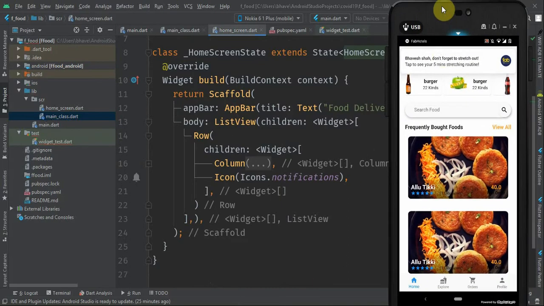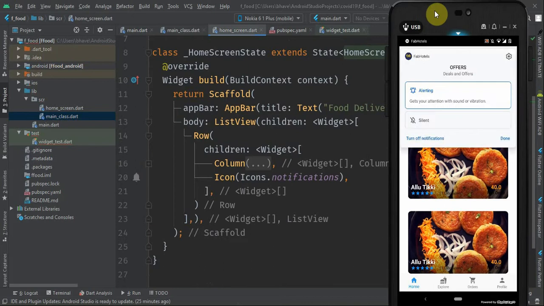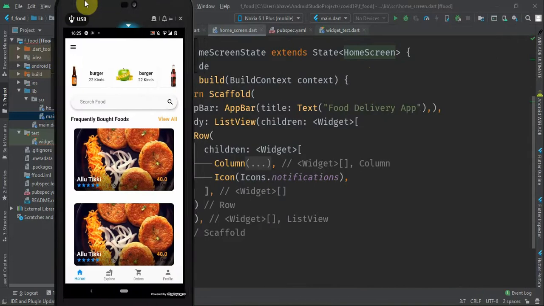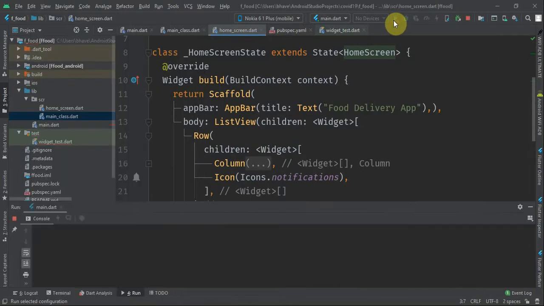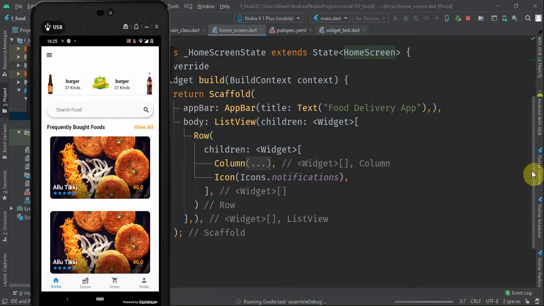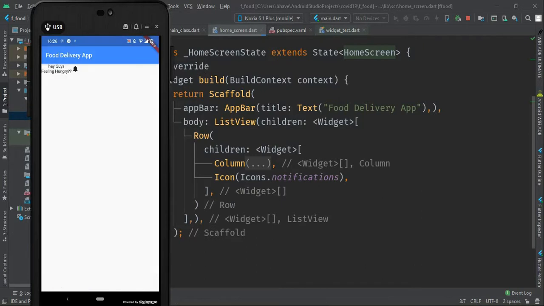Okay, the project is running, it's taking time. No, it's not running. Okay, now it is running. I will quickly pause the video because I don't want to waste your time; it will probably take a minute. So the app has been run and it is showing something like that. We have to give padding and all that, designing and lots more to do. I will definitely explain it in the second part.